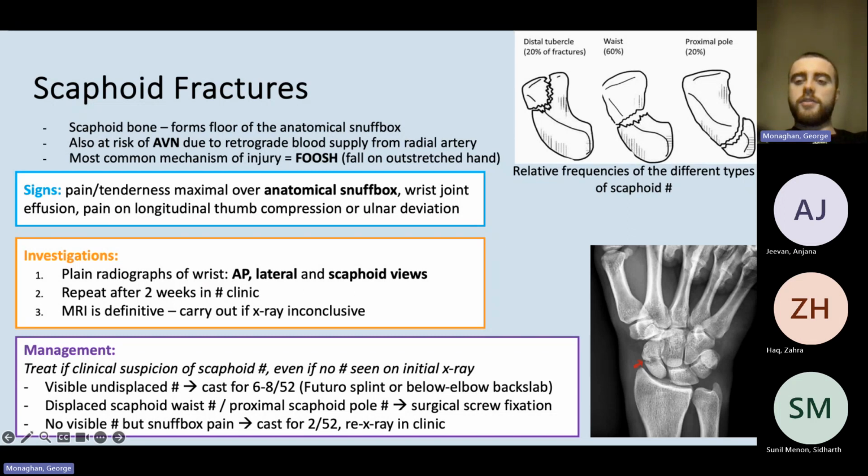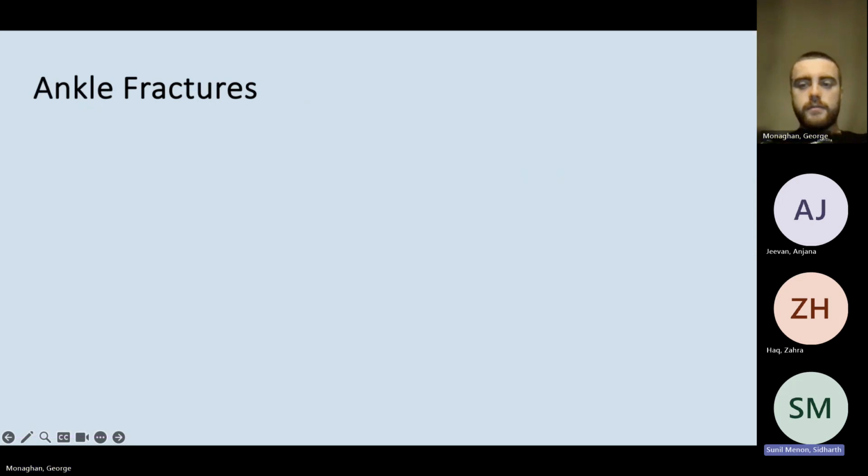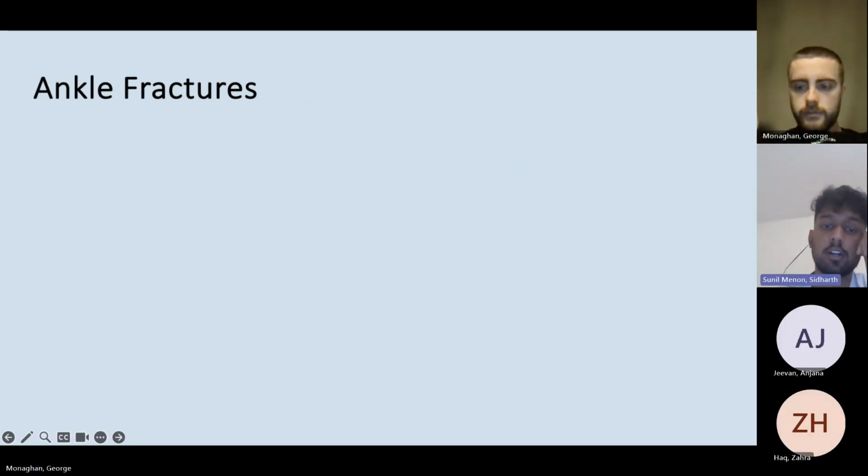So when we're waiting the 2 weeks between the first presentation and the second X-ray, we want to put a cast on their arm, or maybe splint their arm for the meantime, so they don't re-injure themselves more if it is a scaphoid fracture. I guess another thing to mention might be, so fouche can also result,